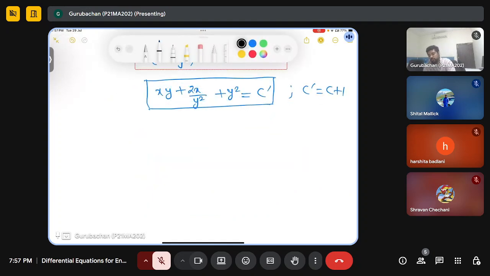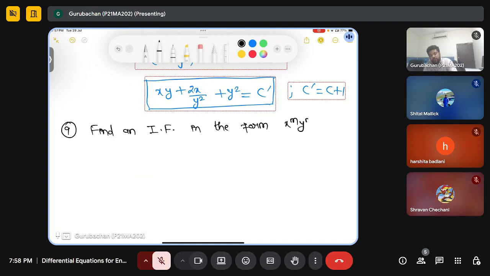So let us move to the next question. Question number 9. Find an integrating factor in the form x to the power m, y to the power n,